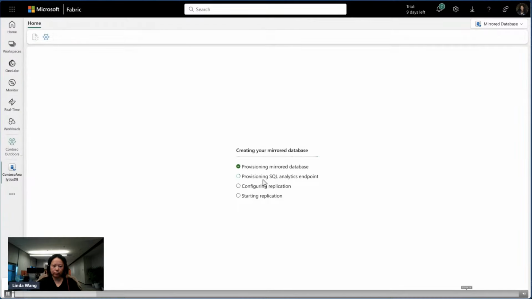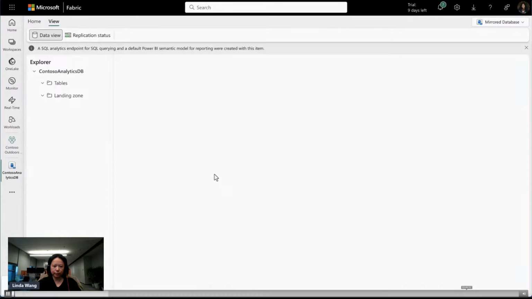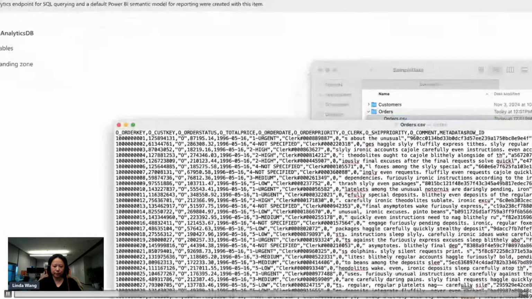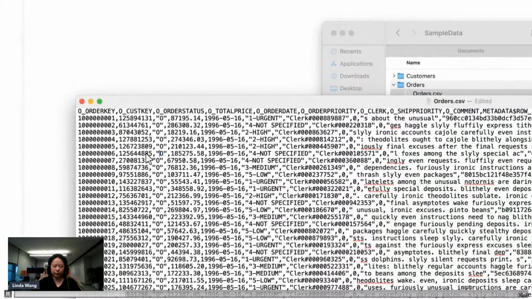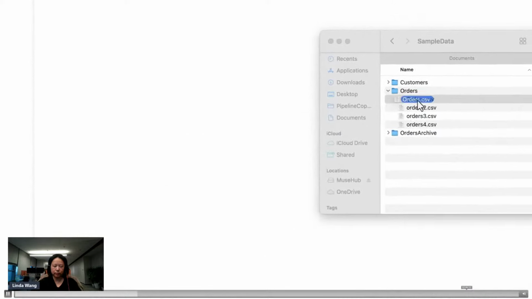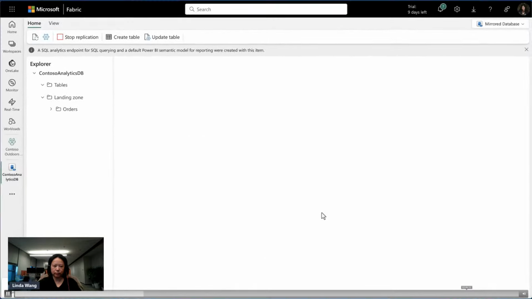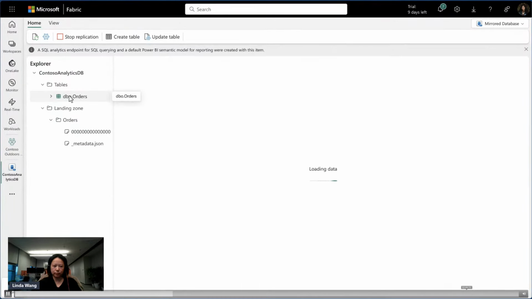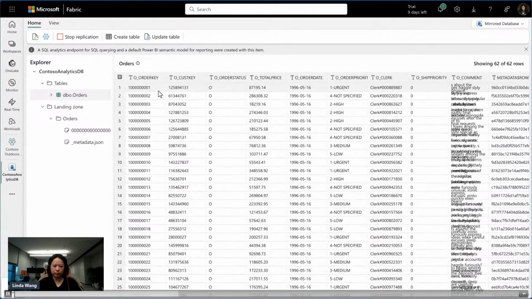Now, let's go ahead and show some of the inside mechanics of how open mirroring will work. I have some orders data saved as a CSV file on my desktop. If I go to my folder and I open it, you'll see the rows and the headers. All I have to do is drag and drop it into the landing zone, and the file immediately shows up. Our engine immediately writes initial snapshot and change data, processing it into an analytics-ready format. And just like that, within seconds, my tables appear in OneLake on the other side. A table was generated from the CSV file.